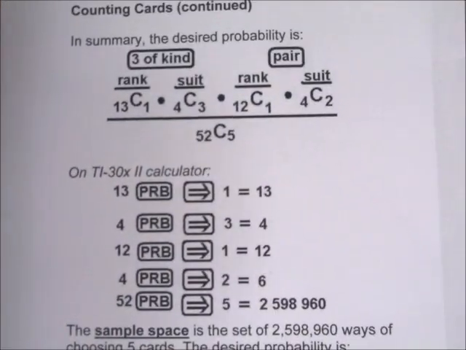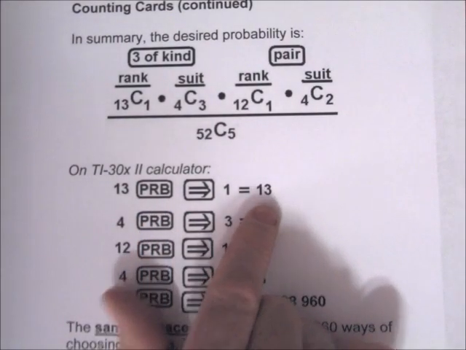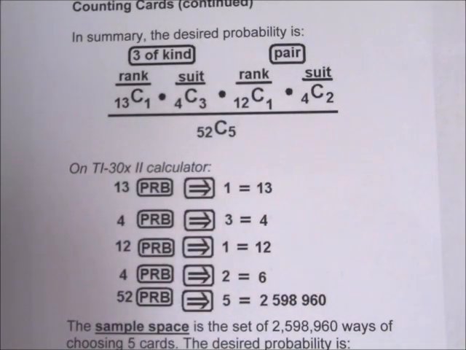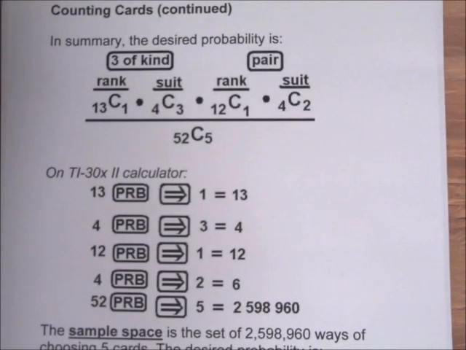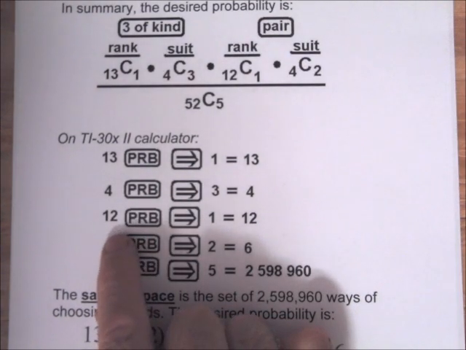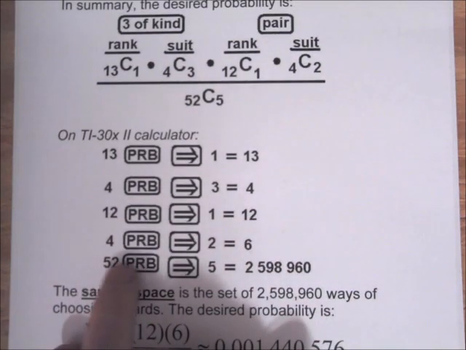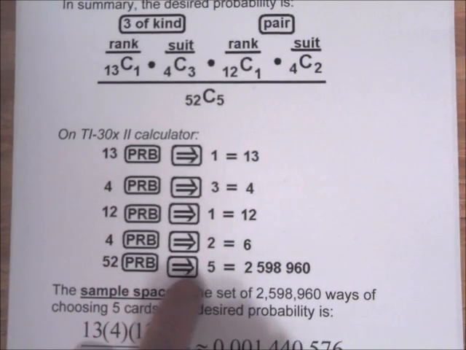Then we can do this computation on the calculator. 13 PRB right arrow 1 equals 13. 4 PRB right arrow 3 equals 4. You could do these by hand, especially the smaller numbers, but for a problem this involved, it's okay to use a calculator. 12 PRB right arrow 1 equals 12. 4 PRB right arrow 2 equals 6. 52 PRB right arrow 5 equals